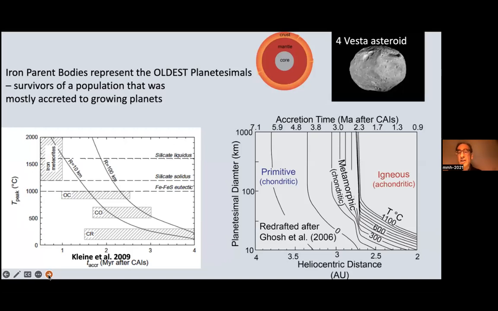And the way to think about that is that any body that became appreciable size really early had a lot of aluminum-26 in it, and therefore it partially melted and differentiated. The chondrites, which did not partially melt and differentiate, did so because they were gathered up at some time later, when there wasn't as much aluminum-26, or alternatively, they're just veneers on bodies that were internally differentiated. The chondrites are the last dregs. The iron meteorites are actually the early stuff, and the early stuff matters.